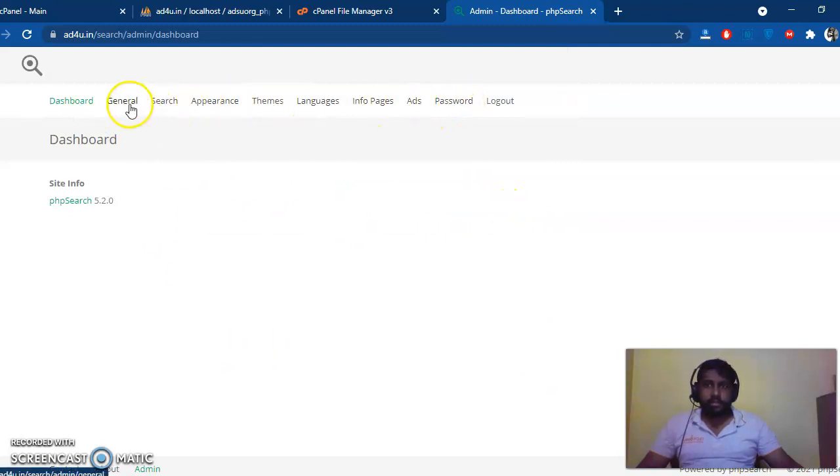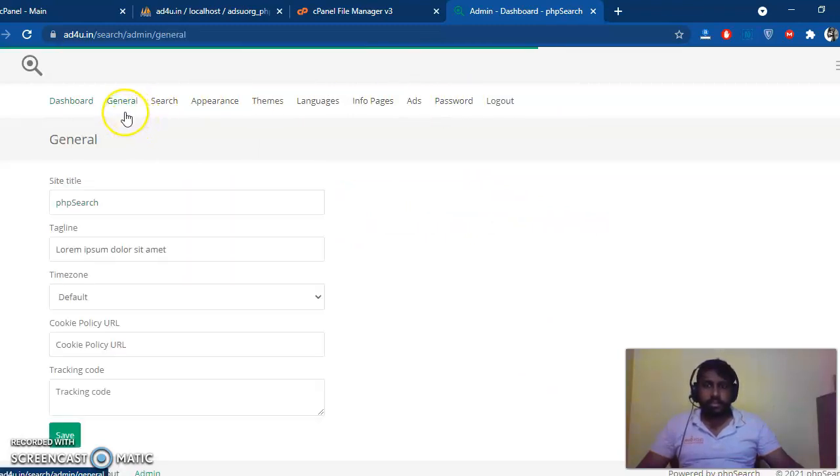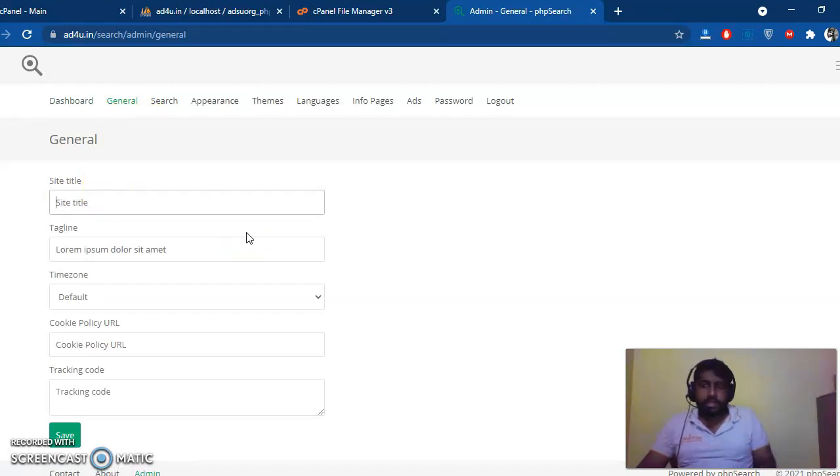So first, if you want to change anything, you can go to general and rename it to your own search engine name, for example Google, or as you wish.